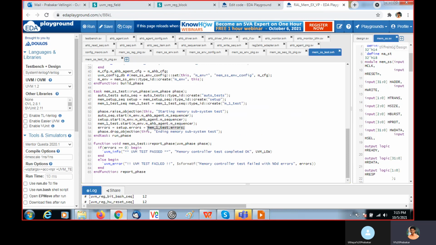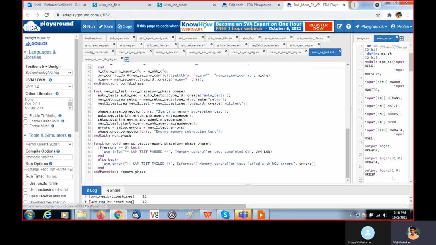The errors are declared inside the mem1 test and setup test, so if we get an error there, this error will automatically get updated. And inside the report phase, based on the error, we report UVM test pass or fail. If you get any error greater than 0, you will get test fail, and you will get this info: memory controller test fail. If it passes, memory controller test complete.